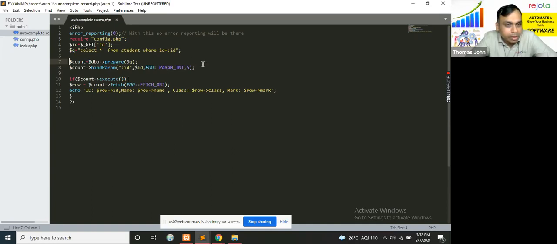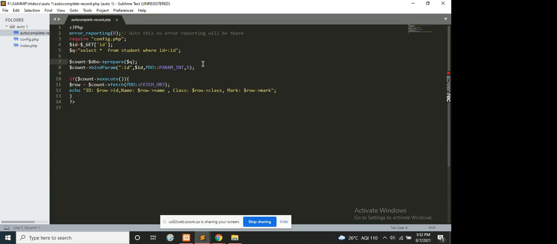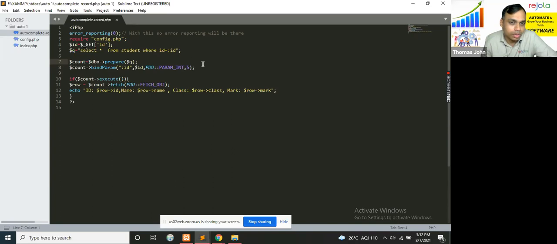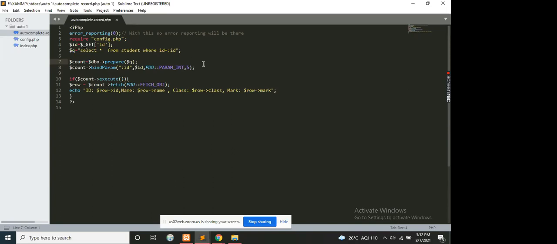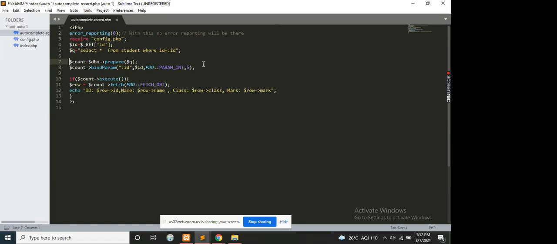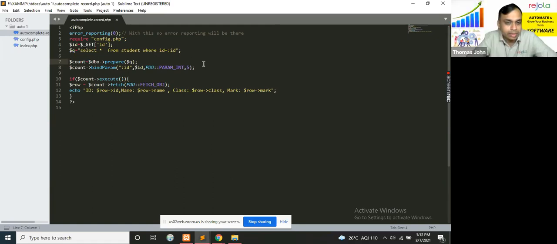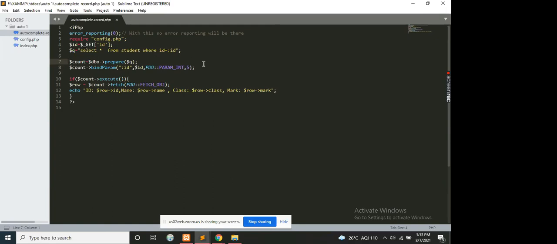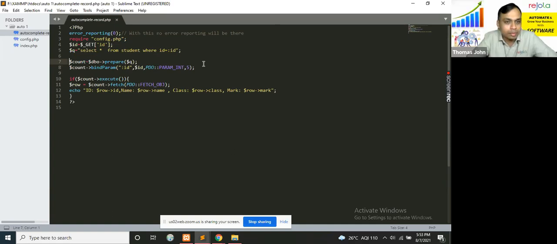In the SQL statement, you're saying select star from student where ID is like ID. And in that select statement, that particular ID is nothing but the variable $ID, which you are getting from the $_GET variable into the variable $ID.